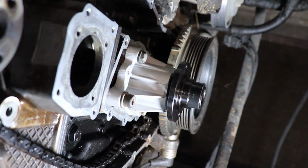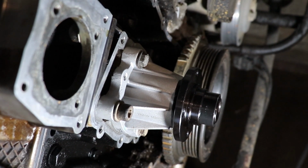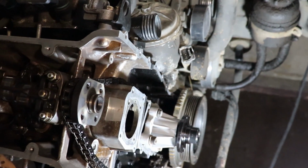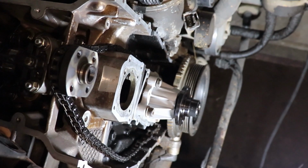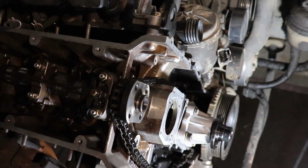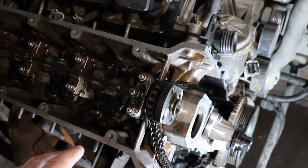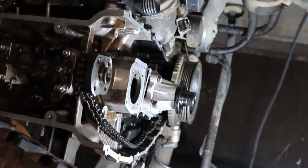The new pump is in place, the water pump I mean, and it looks very nice. Of course everything new looks nice, everything else is dirty and all the old parts, and this is the first part that is kind of showing and saying that there is some work being done on this engine, and I'm getting excited. I know that I was frustrated when I assembled the head, and I was disappointed in myself and what has happened, but still I'm beginning to get my hopes up,